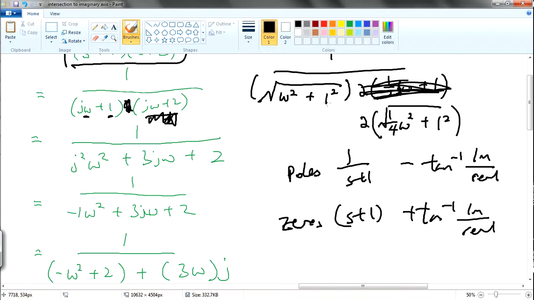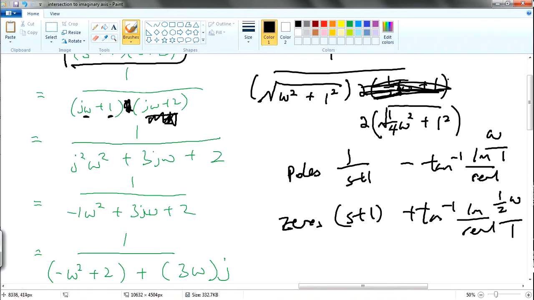So in this case, imaginary is omega, right? So it's omega over 1. Okay, omega. So in this case, if it's 1/4, sorry, it will be half omega over 1,